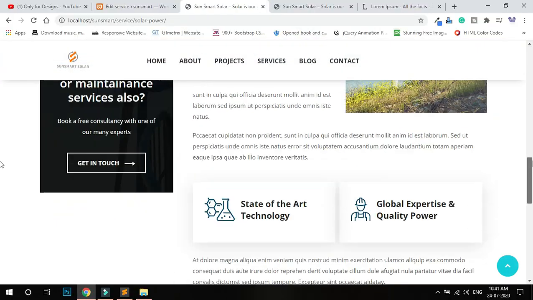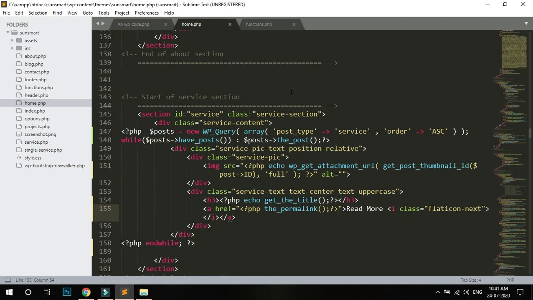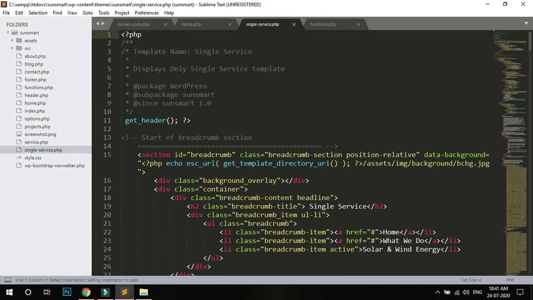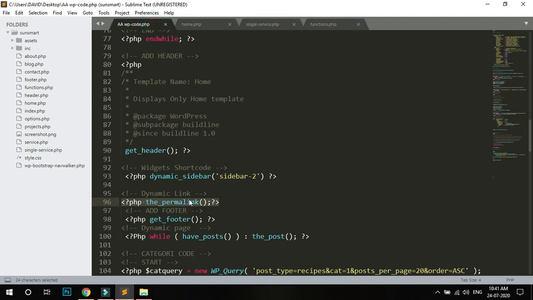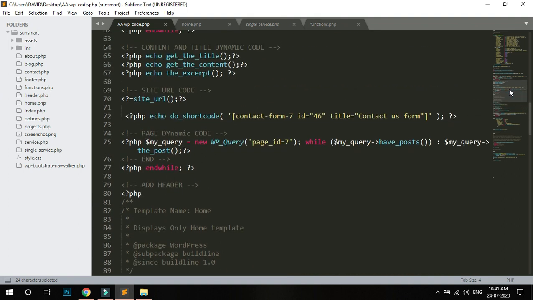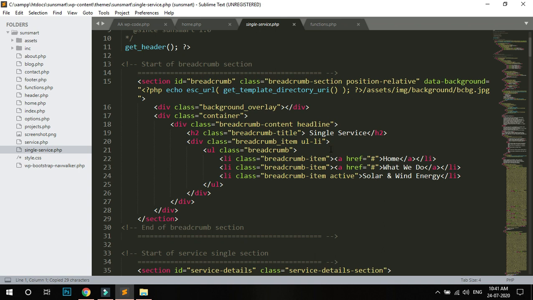So I just change the name here and the image title. In single service, change the title first. Copy the title, copy here, also here the service link, services, and here paste the title.